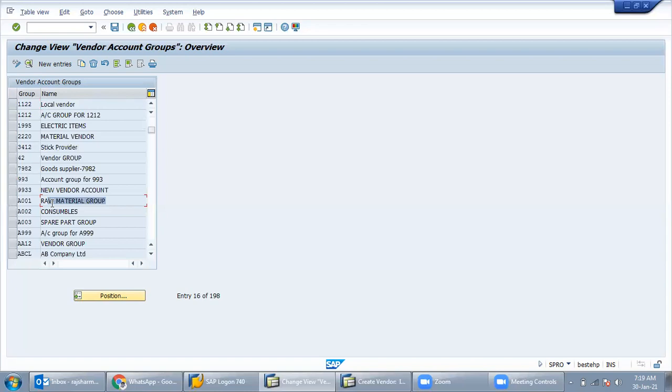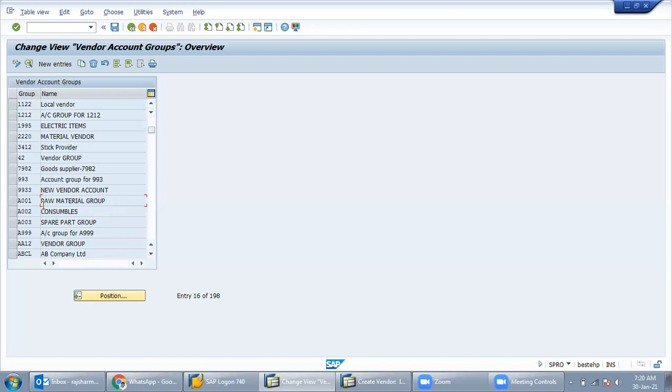Because if management asks you to give a report, like how many raw material vendors are there, what are their balances, what are their current dues, what transactions were done in a year for the raw material vendors only, how will we give it if we do not segregate them in different groups?